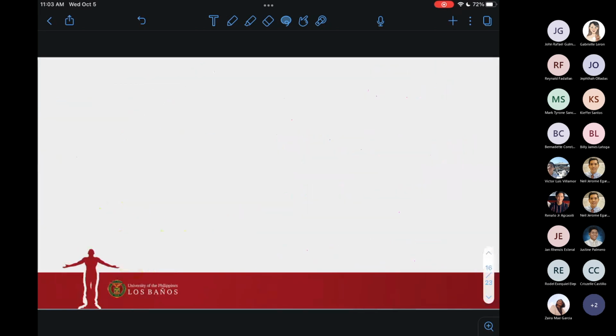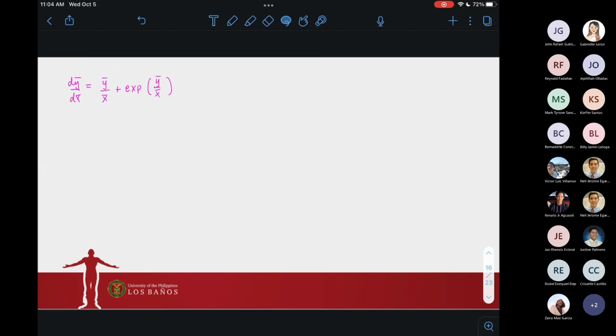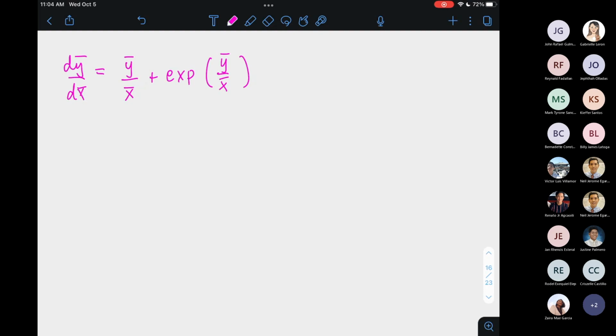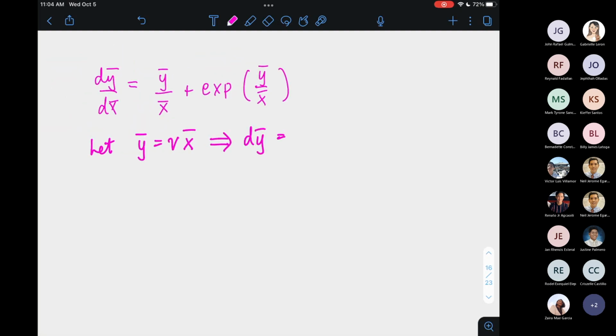So meron lang tayong substitution na ginagamit, which is either y equals xv or the other way around. Okay? Pero dito, para mas madali, I will let y bar over x bar equals v. So ang gagawin ko ay y bar equals vx bar. And then again, I'm tinkering with the dependent variables. So ibig sabihin may nakaakibat pa rin yan na change in the differential. So I'll have dy bar equals